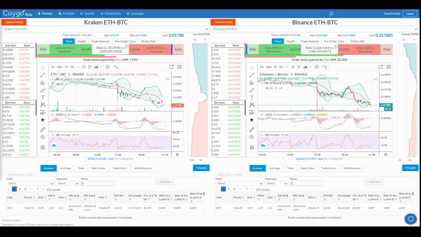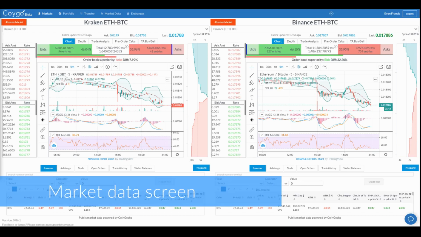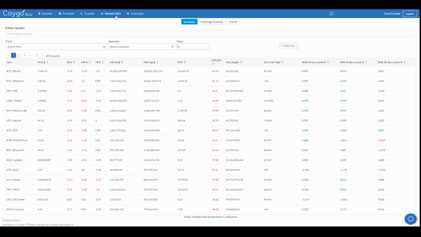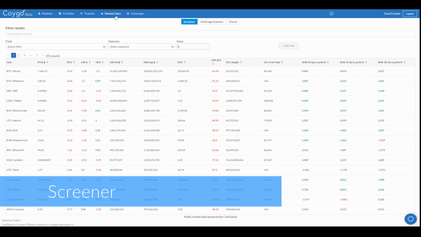Now that we've covered the market screen, let's move on to the market data screen. So the market screen provides specific information on individual markets on each exchange. The market data screen provides more high-level data to see a better overview of the market as a whole. So at first we see the screener. This is actually available as a compact widget on the market screen, but here we can see it as a